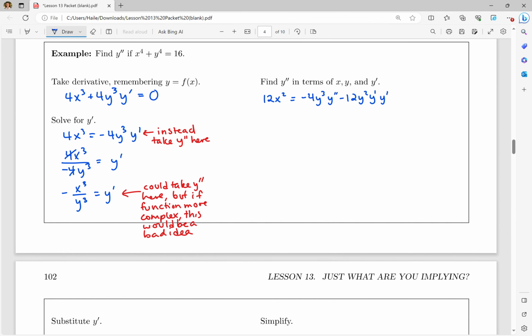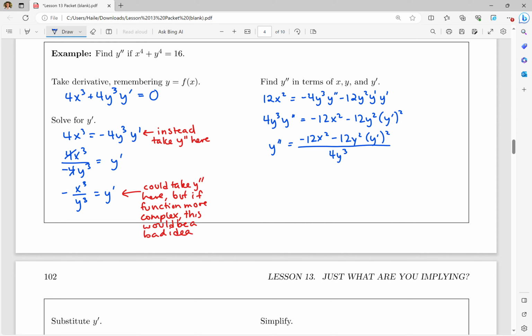So now I want to actually solve for y double prime, because remember, I haven't actually found my derivative until I've explicitly solved for it. So I can move over the term with the y double prime. So I have 4y cubed y double prime is equal to negative 12x squared minus 12y squared times y prime squared. And I can divide by 4y cubed. So we have y double prime is equal to negative 12x squared minus 12y squared y prime squared over 4y